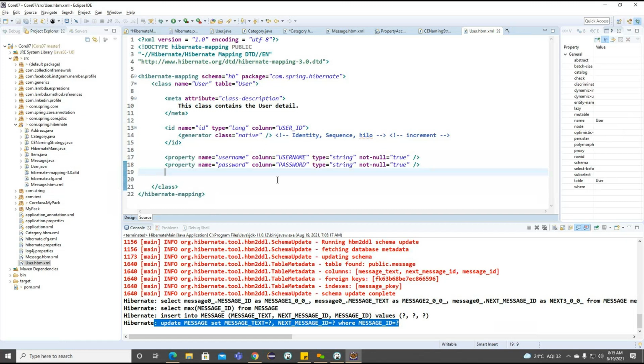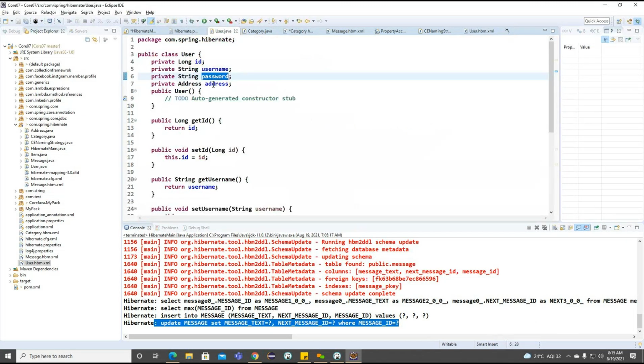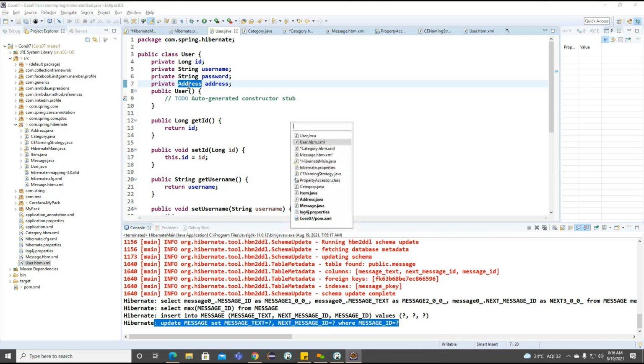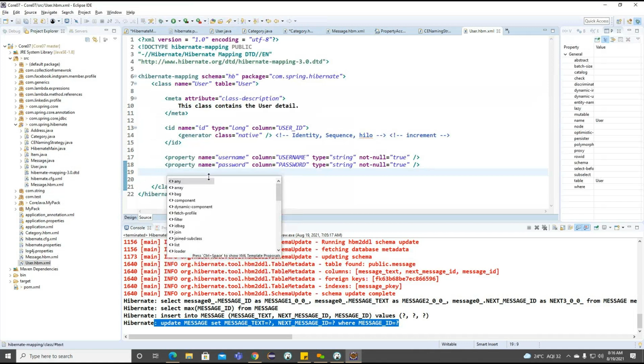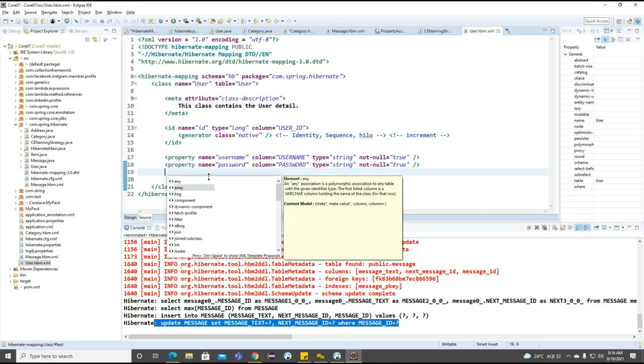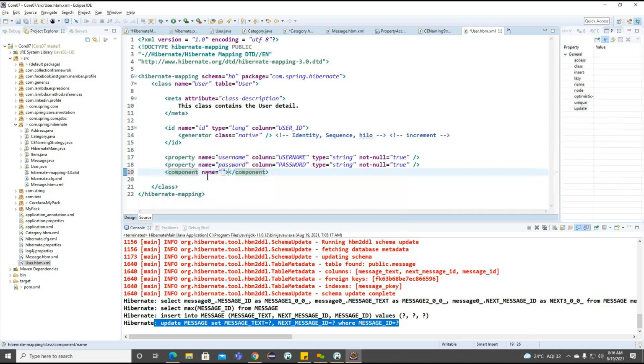And now, if we observe, here we need to define one important concept, because if you see, this particular user is expecting an address here. This particular address may be different, like a billing address or home address. So only one address table we are pointing to here, but with different information. So how are we going to provide the different information here? To connect to that information, we need to create our component here.